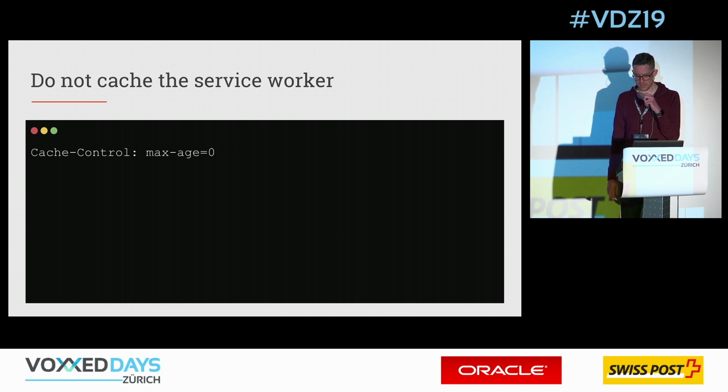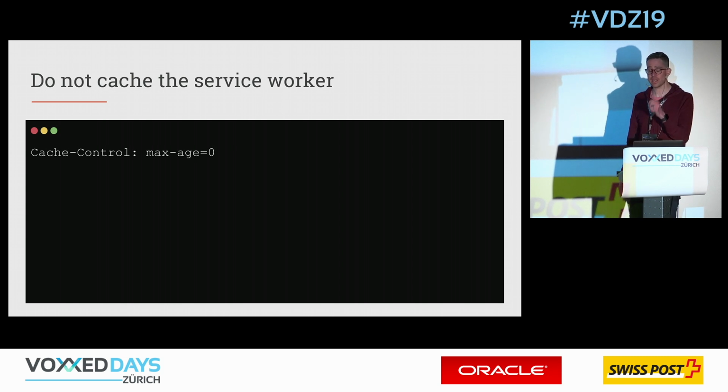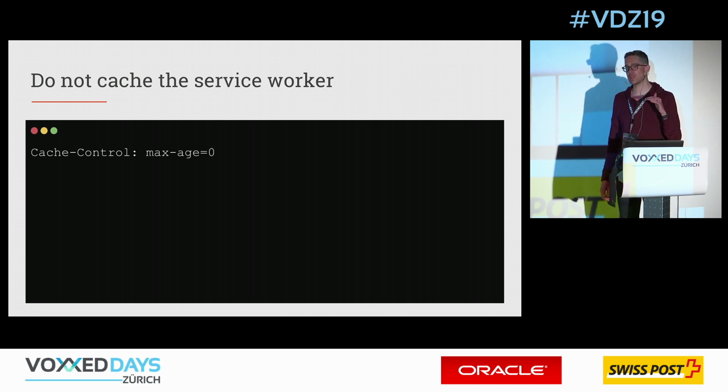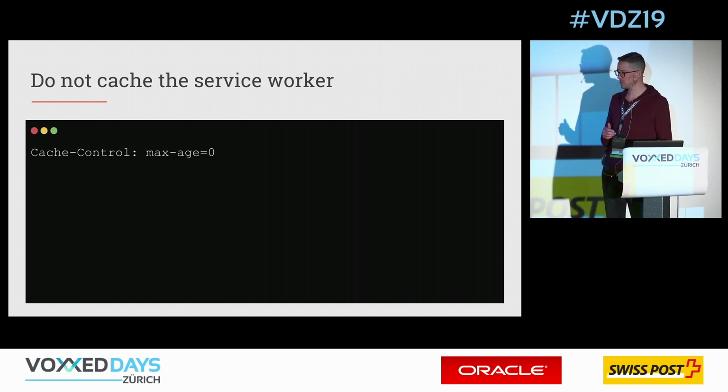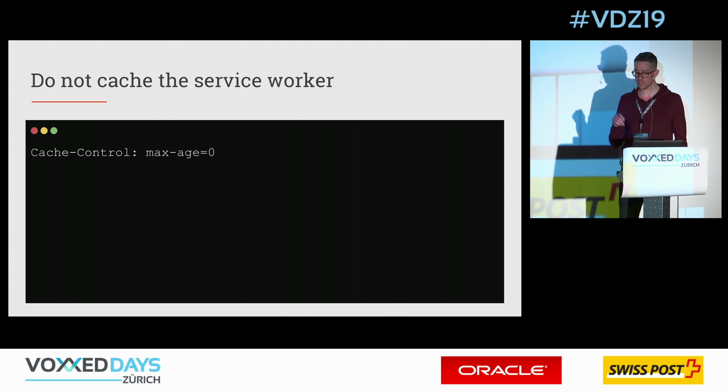Another tip: make sure that you're not caching your service worker file. That sw.js file, you don't want to cache that ever. You want to always make sure that it's requested, so that the user is getting that file every single time. You'll run into some really odd bugs otherwise, so make sure that